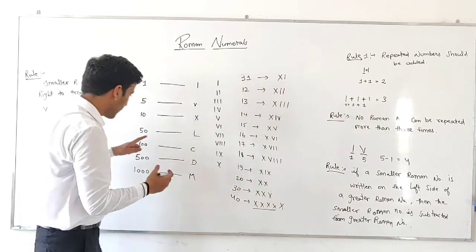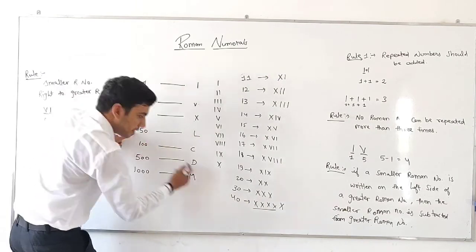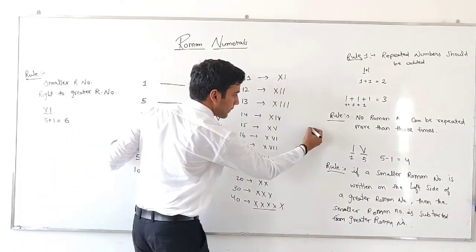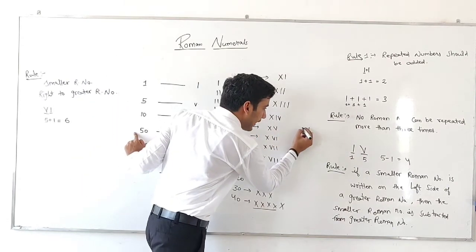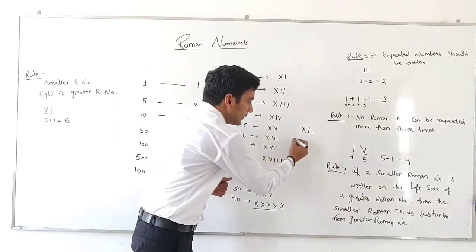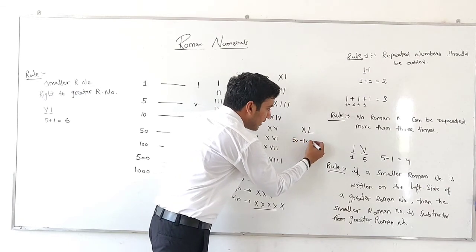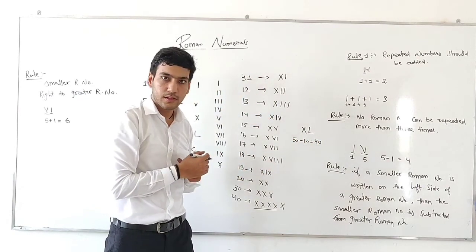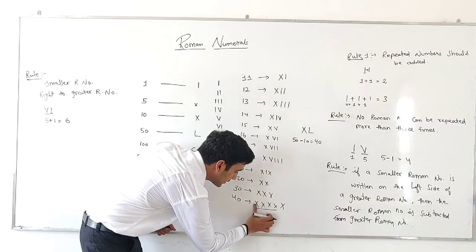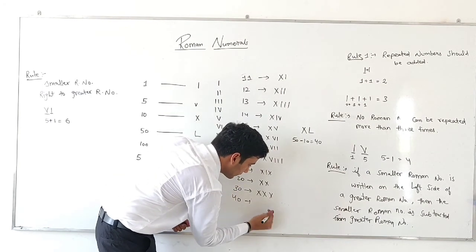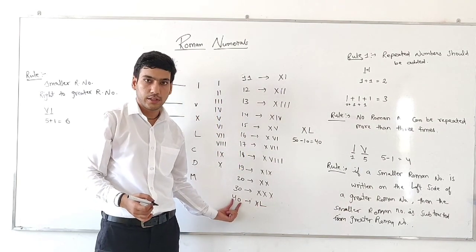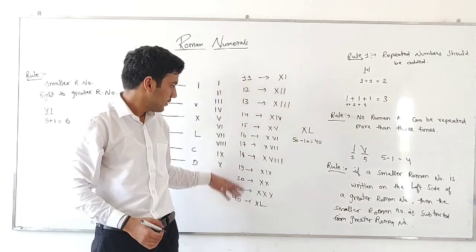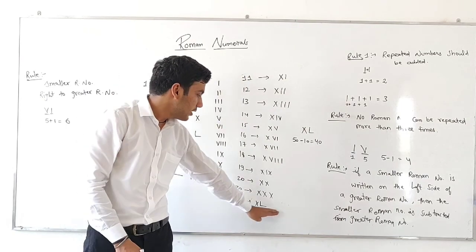So what can I do? L is for 50, and if you put X in left side, then 50 minus 10 makes you 40. So this is the Roman symbol for 40. L and X. So this is the Roman symbol for 40. Okay students. So till now we have learned Roman numbers up